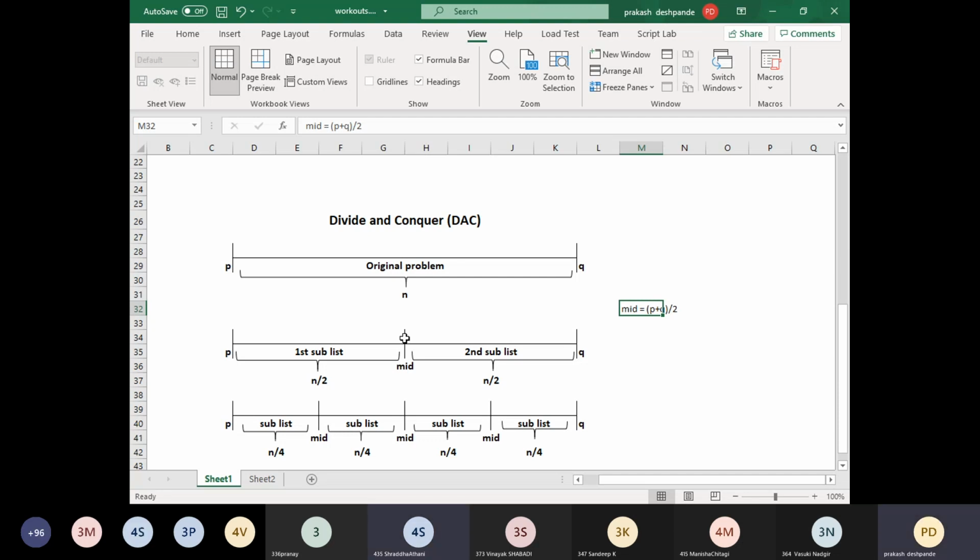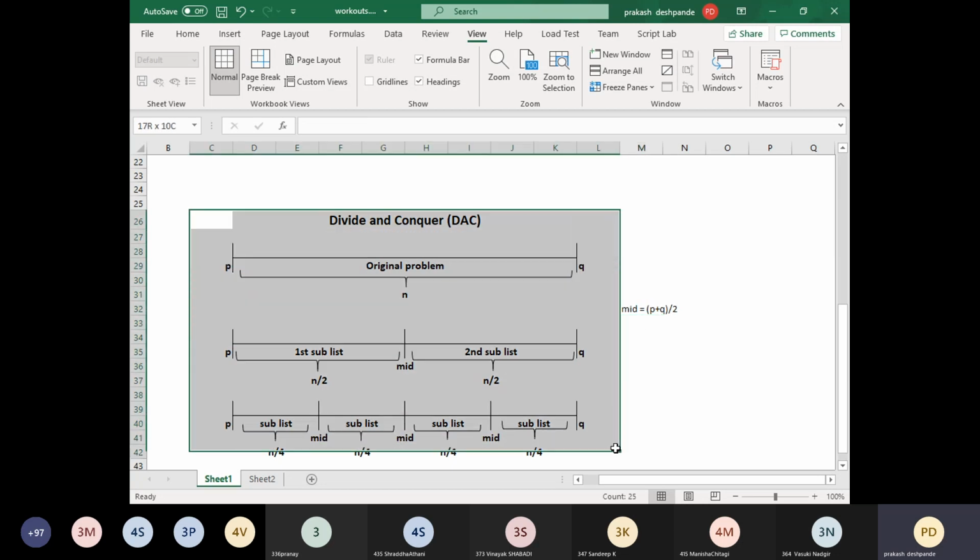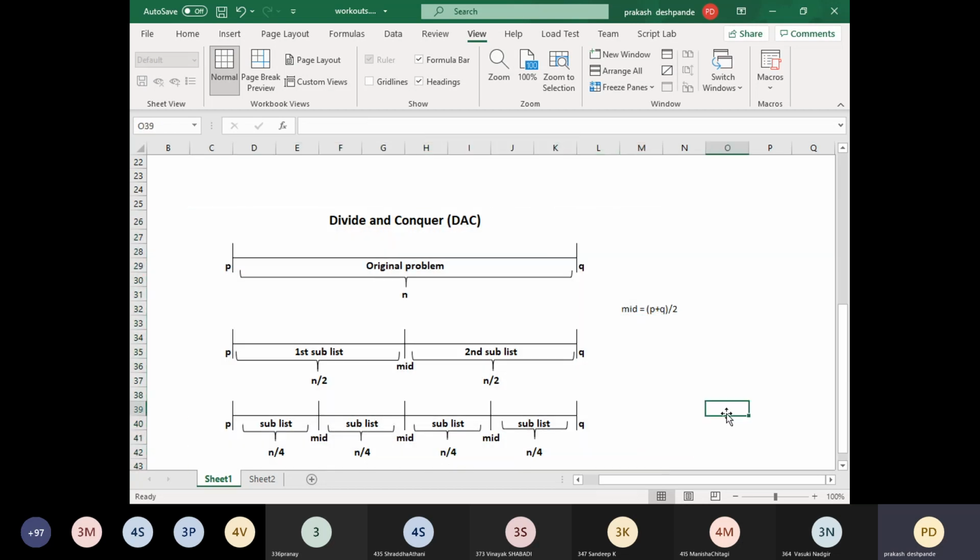Yes, sir. Most of the time when we work upon divide and conquer, we think of recursion. In recursion we know one concept, that it may go into a recursion depending upon the instance characteristics, or it may terminate there itself. Termination means it will terminate when we find the solution. If we don't find the solution, then keep on dividing it by recursively calling whatever algorithm we are writing. Is it understood, students, the overall concept of what divide and conquer is?